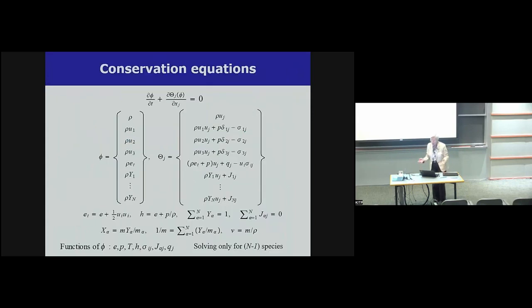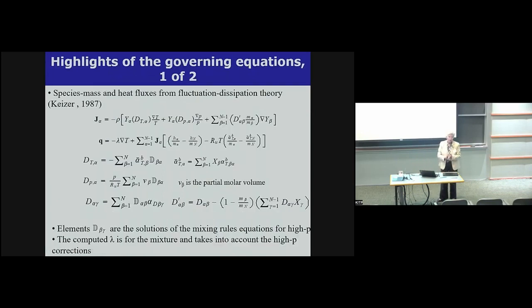So the conservation equations are the regular conservation equations: mass, momentum, energy, and species. We solve only for n-1 species because we solve the continuity equation. The only thing that I'd like to point out here are two things: first of all, the heat flux, Qj, and the mass flux, the capital J here. Otherwise, U is the velocity, rho is the density, Y is the mass fraction, ET is the total energy. It's quite clear. The devil is always in the details.